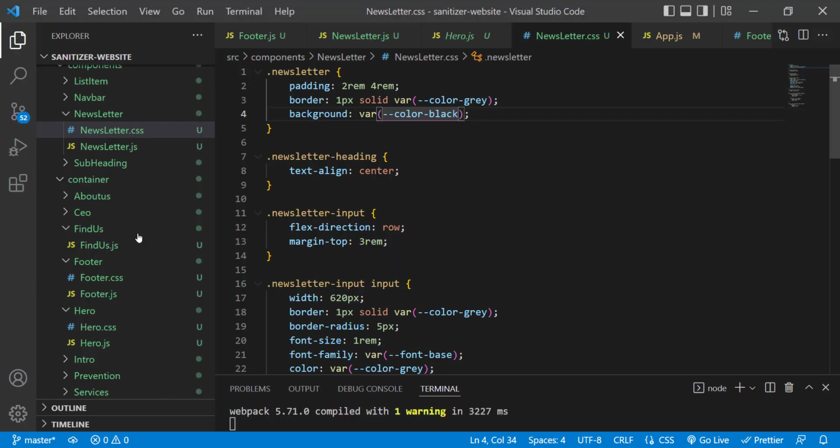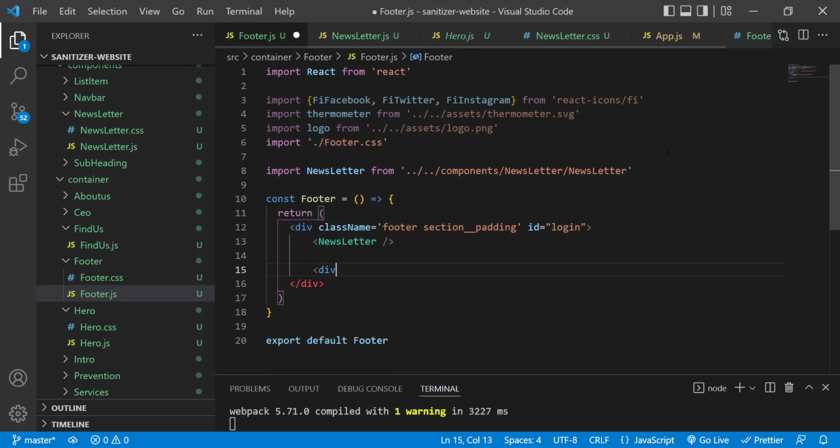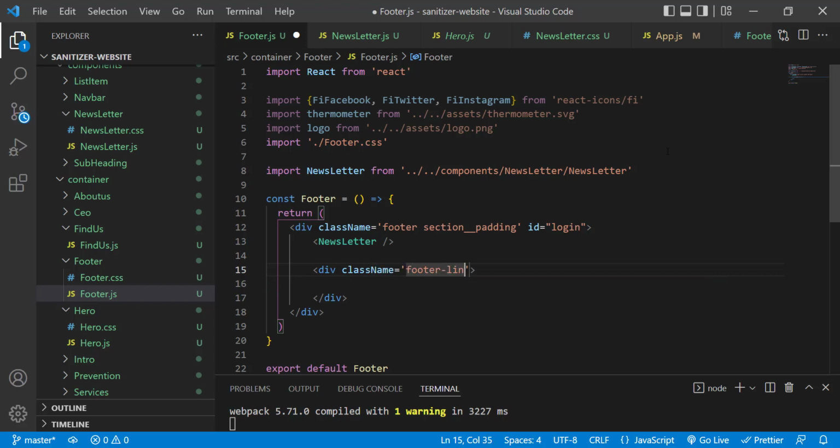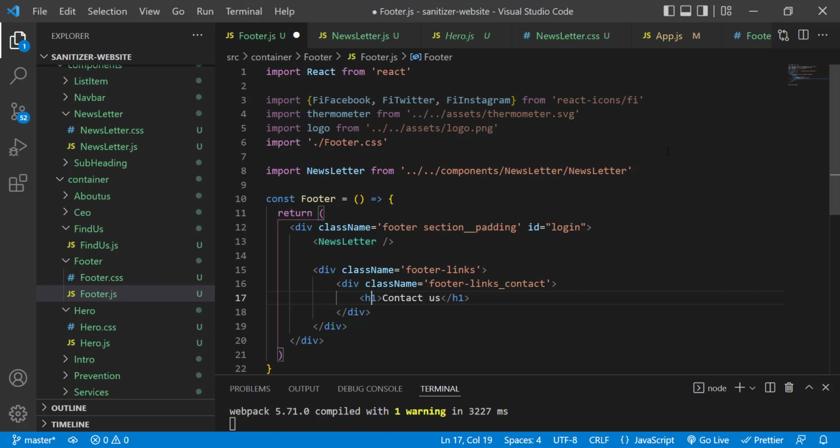Back to our code. Let's go into our footer.js. Below that newsletter component, I am going to add a div, and that div is going to have a class name equal to footer-links. Inside it, I am going to add an inner div, and that inner div is going to have a class name equal to footer-links_contact. Inside it, let's add an h1 tag and let's say contact us, and that h1 tag is going to have a class name equal to